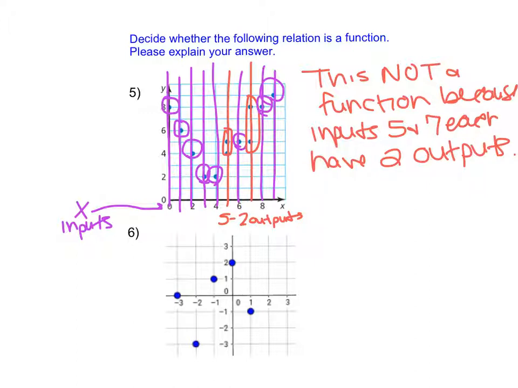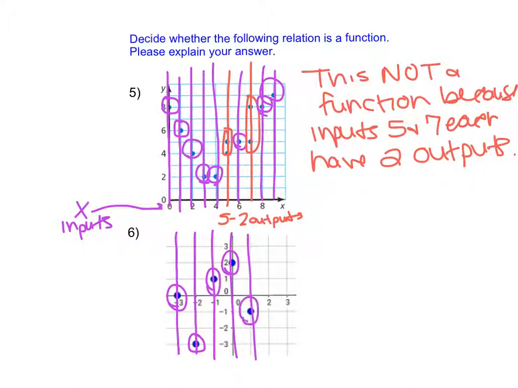Now if we look at the next example, we look at input of -3, 1 output. Input of -2, 1 output. Input of -1, 1 output. Input of 0, 1 output. Input of 1, 1 output. So we can see that each input has exactly 1 output. So we would say this is a function